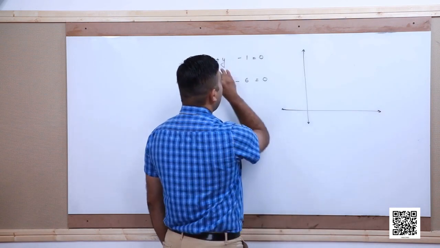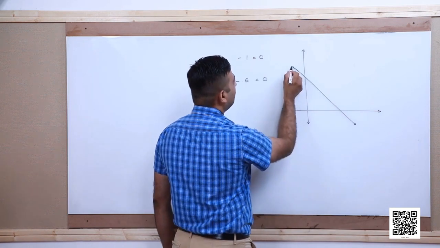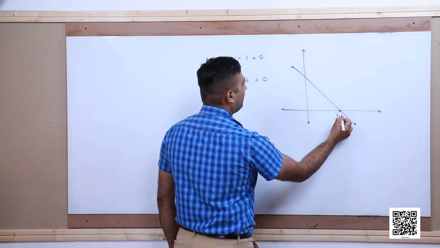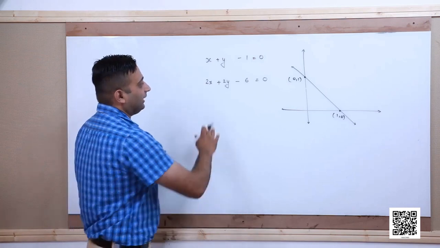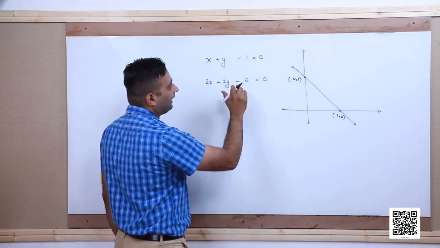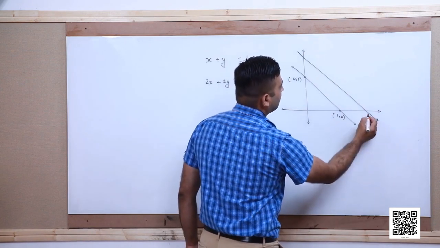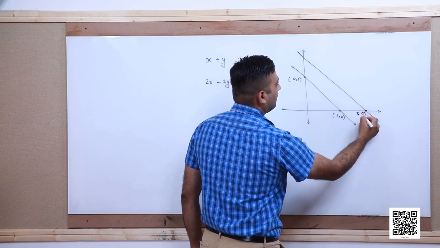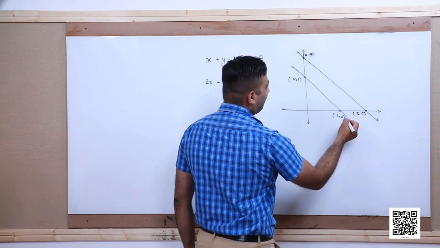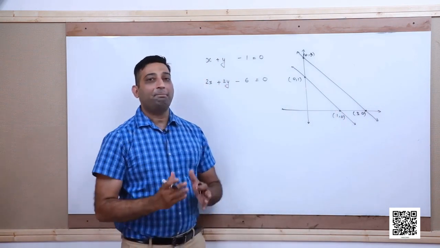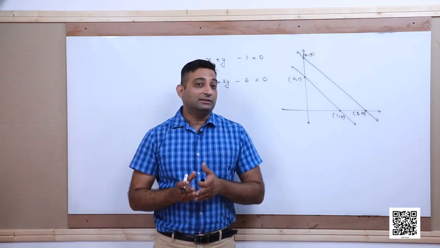Now we can see that x plus y minus 1 equal to 0 will be the straight line passing through 2 points, that is (1, 0) and (0, 1), and the equation 2x plus 2y minus 6 equal to 0 will be a straight line passing through 2 points, that is (3, 0) and (0, 3). We can see that these lines are parallel, and that means these are not intersecting, and that means they have